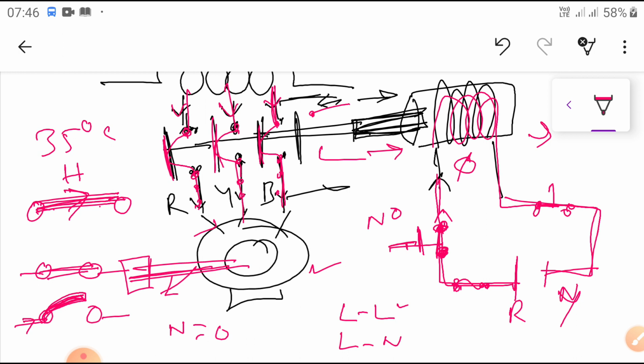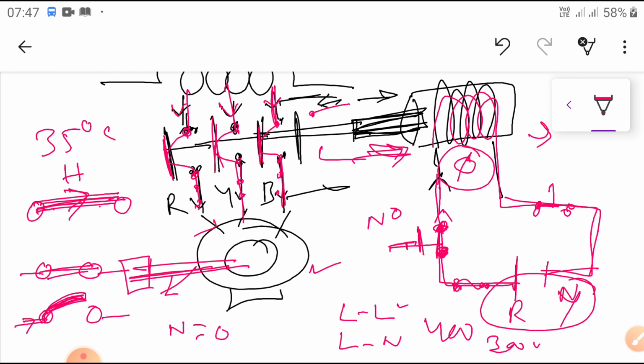Similarly, we can switch on and off by using the coil. Sometimes there may be low voltage, for example RY voltage instead of 400 volts, now only 300 volts is coming. Then the 300 volts applied across the coil is unable to produce the required flux to pull the contacts this side. Hence it will not operate the motor. All these were discussed in the previous class. So every starter contains OLR and NVR, overload release and no voltage release coils, to protect from overload as well as low voltage conditions.